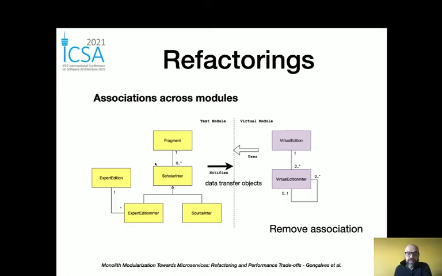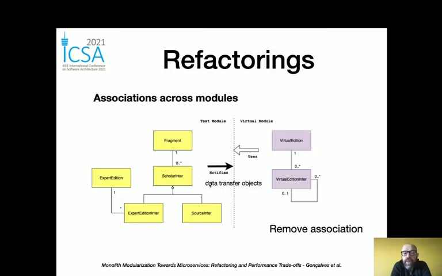In this case, this part is part of the text module, which is a core module and doesn't know about the virtual module. So it notifies, so it sends events. And the virtual module may invoke these interfaces. What happens here is that you are not going to exchange domain entities between them. You need to define data transfer objects that just send the data to be used